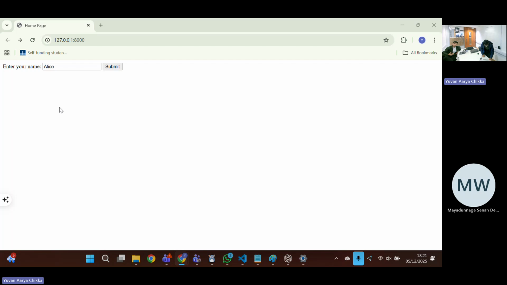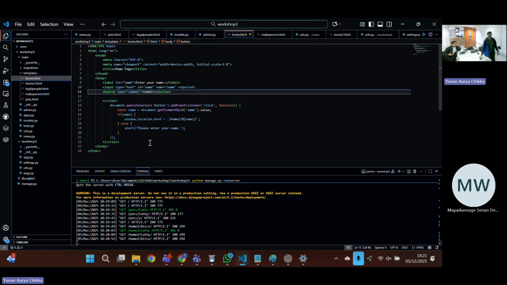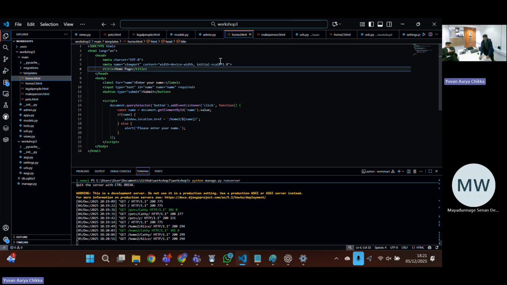So we're going to go back here and go to our HTML, our home.html. If you remember what we had, essentially we had the enter your name label, the actual input itself, the text box, and then a button which said submit. The first thing you might want to do is add some colors to things. Now, the good way to do this is to separate out all your styling into a separate style block,